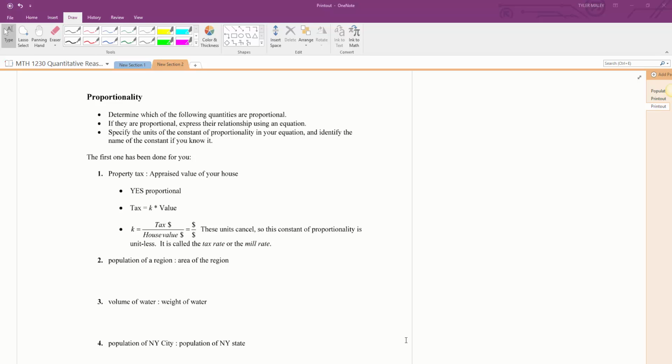Hi, so this video is going to go over the proportionality worksheet. This starts on page 23 in your worksheets. One thing after reading the text that you should have noticed is the idea of proportionality, and also this